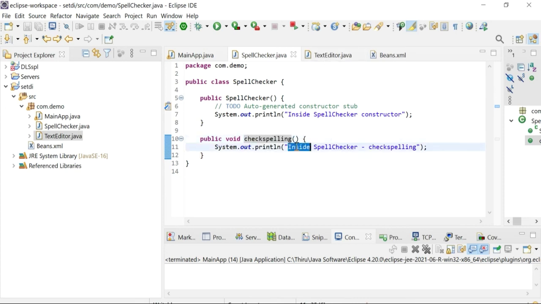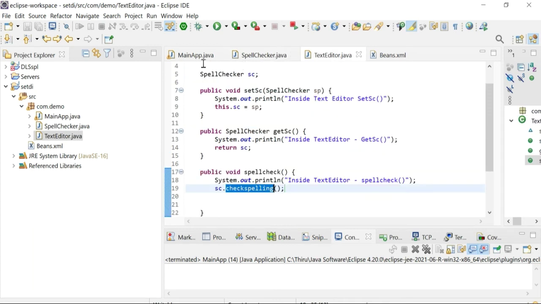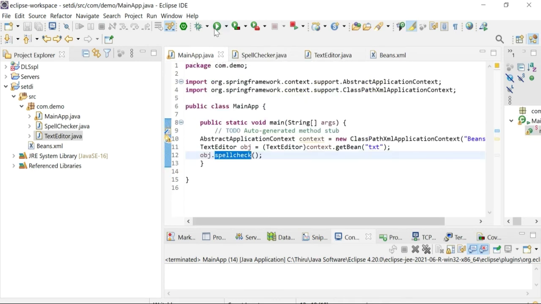Within this method, the text inside spell checker check spelling is given, and that will be displayed. The control goes in this way. That's it.